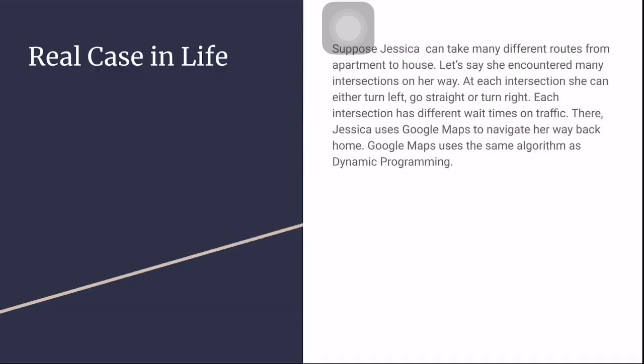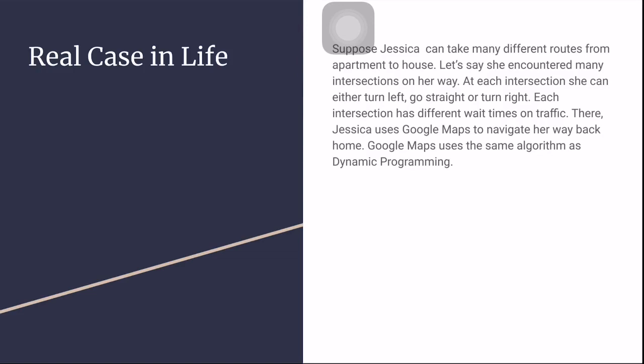In my case, I want to go to my house from my apartment, and let's say I have many intersections on my way, and at each intersection I can either turn left, go straight, or turn right. Each intersection has different times, right? There is traffic, red light, or maybe accident,